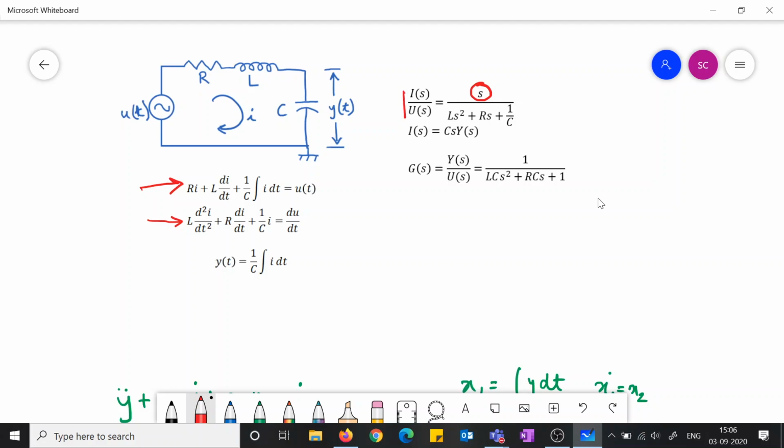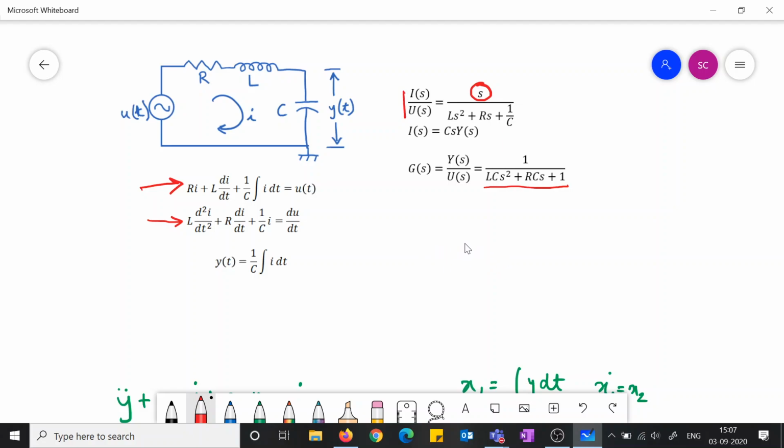Okay, so if this s was present, that s would not appear because it would internally get cancelled out, and this is the actual transfer function that you would obtain. So you note this thing down, so that when you are looking at the RLC circuit in the lecture video, in the transfer function this mistake is there. Since we were not so much dealing with the transfer function, I overlooked this actually. But